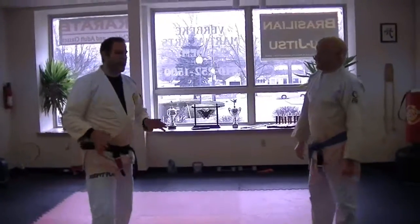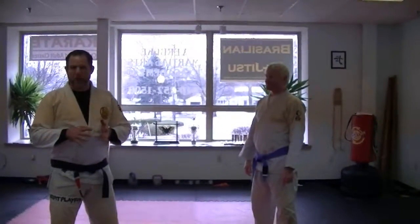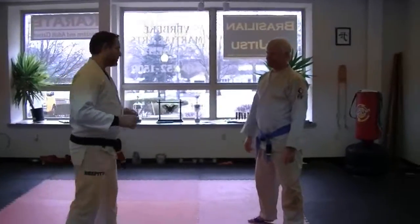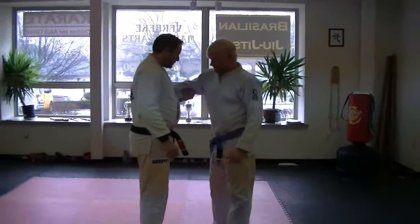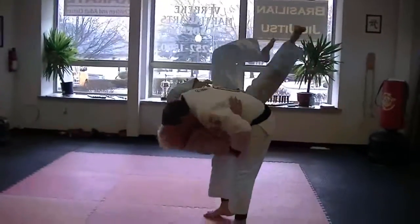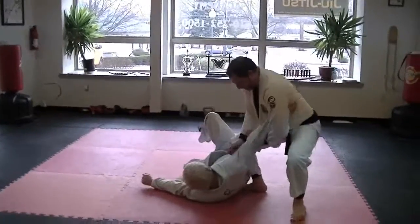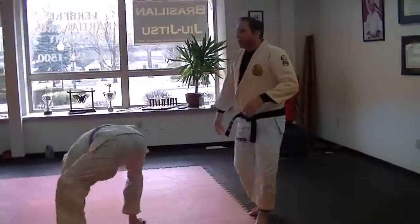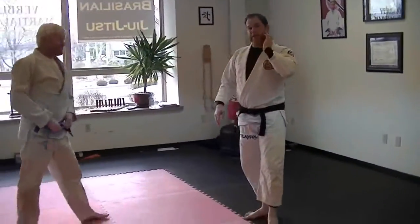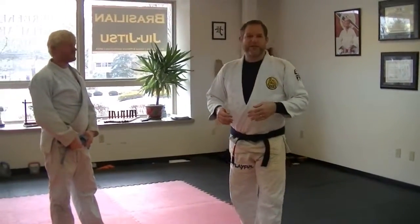So we're going to talk about Elio Gracie's lesson 2 today, and the first technical application in Elio Gracie's lesson 2 is the basic hip throw. It looks like this. All right. Now, learning this hip throw is not so much about doing the hip throw as it is